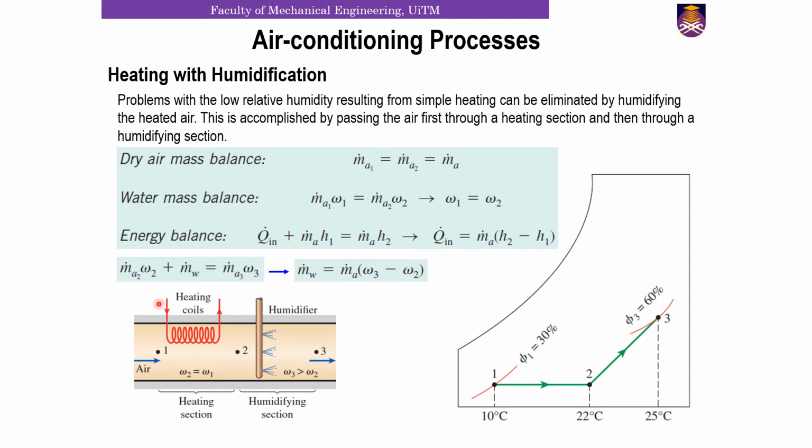Now, since we have a humidifier, this humidifier is adding some water moisture into the air, and that is given by this formula. So the amount of air at point 2 times omega 2, that gives you this relationship, plus the amount of water vapor being introduced by the humidifier equals m dot A3 times omega 3. So if you want to know how much water vapor is being introduced by the humidifier, you can rearrange this, and that will give you m dot A times omega 3 minus omega 2. And this will give you the amount of water moisture that is being injected into the air conditioning process. So that is for heating and